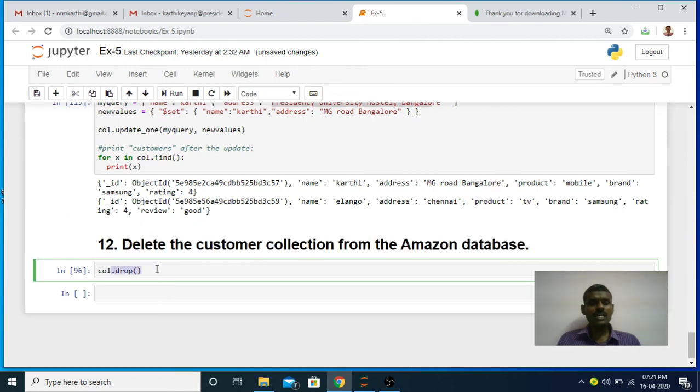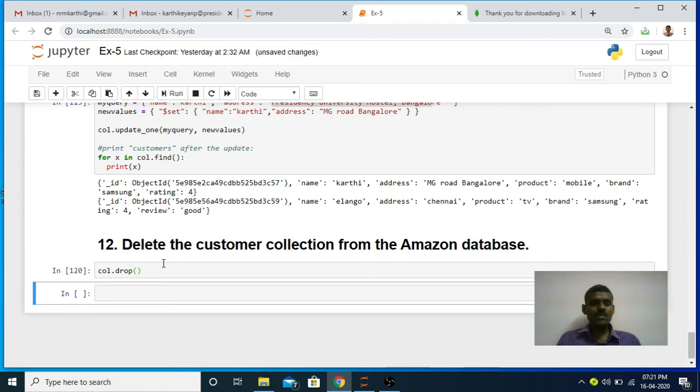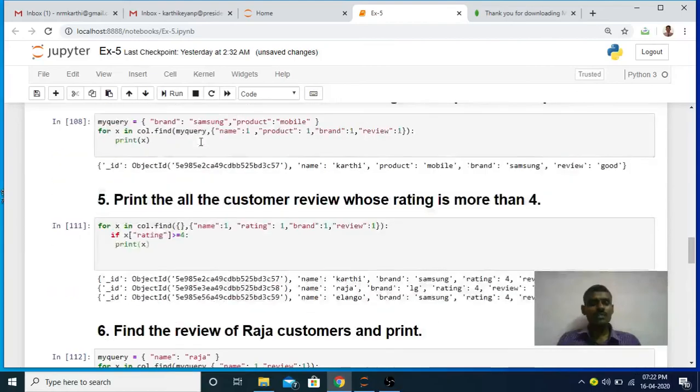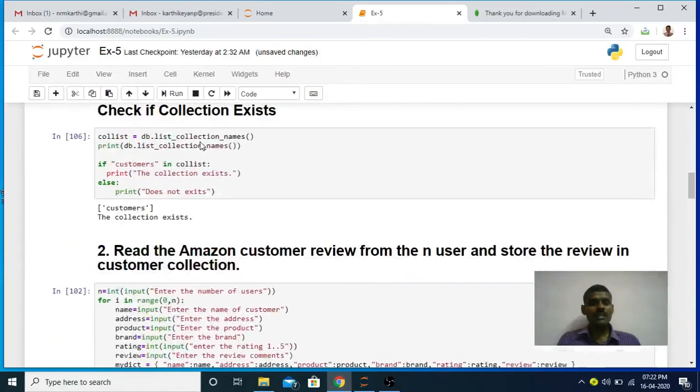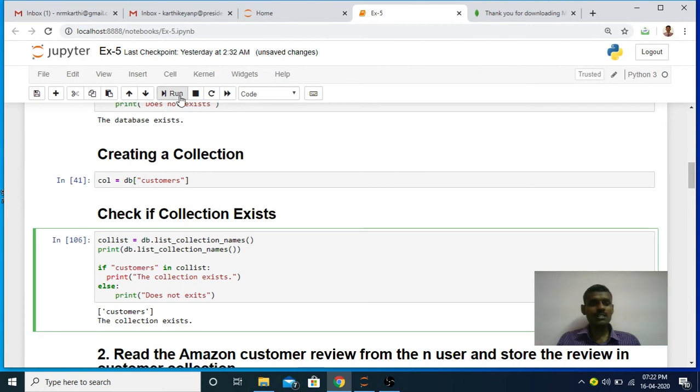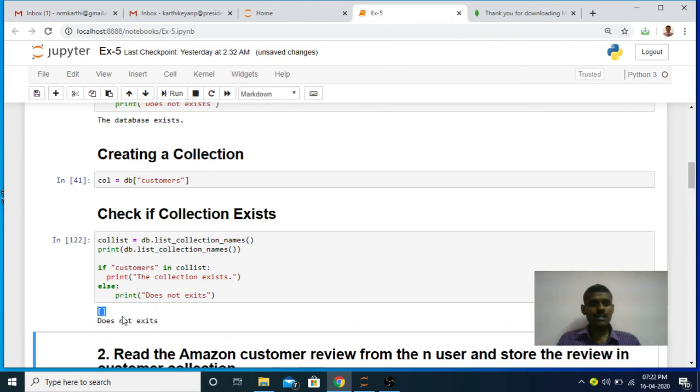Using the drop method, I have deleted the customer collection from the Amazon database. Now if I run this program, this customer collection is deleted. Again if I check whether the customer collection is present or not, it will display that the customer collection does not exist.